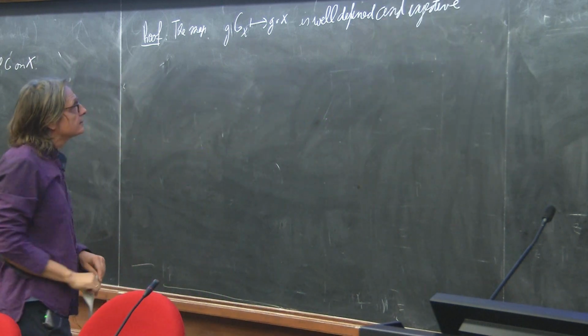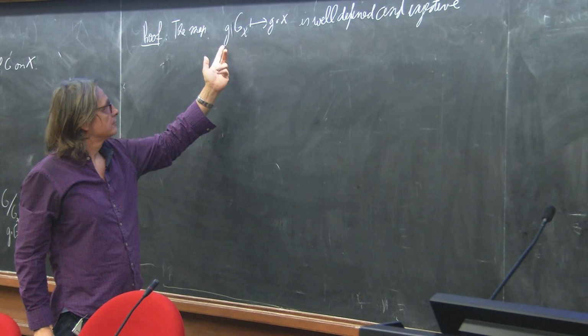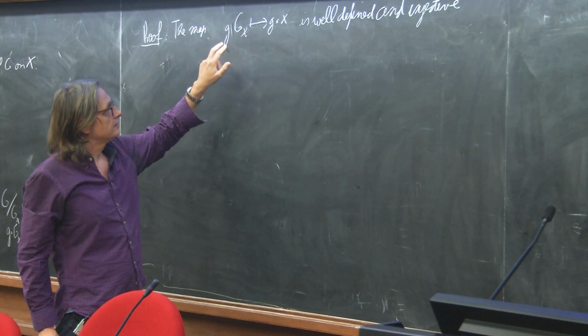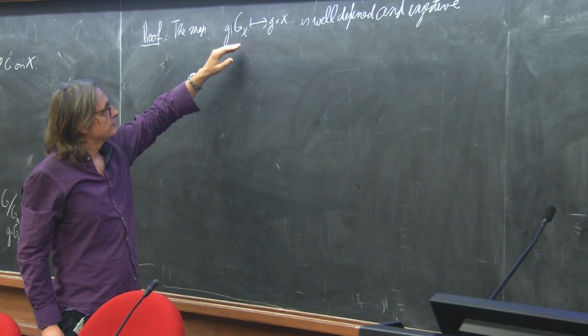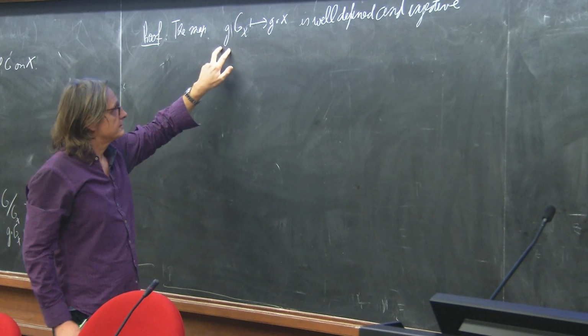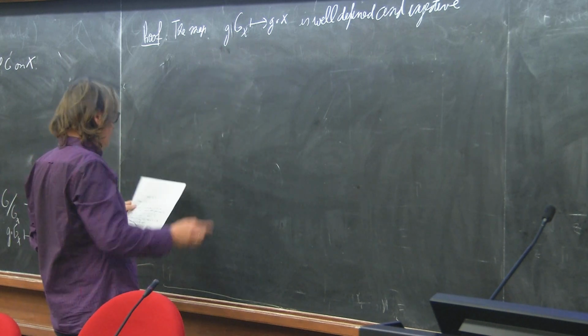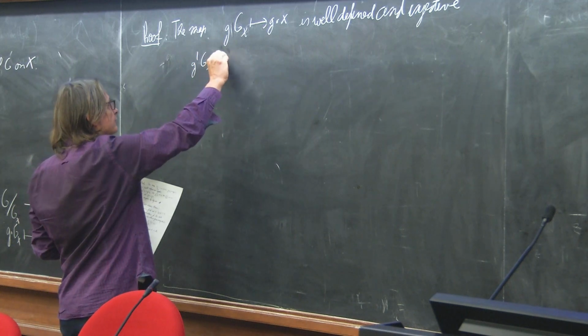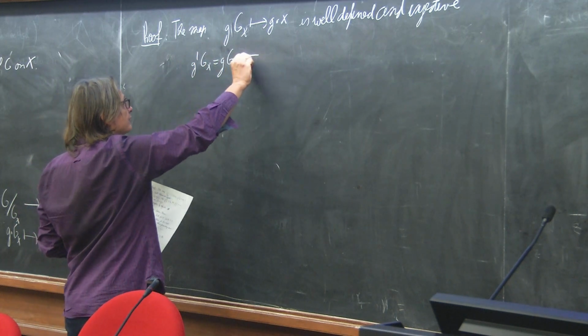So we have to see that two such things are mapped to the same thing if and only if the g lie in the same coset. So let's see. g prime x is equal to g x if and only if